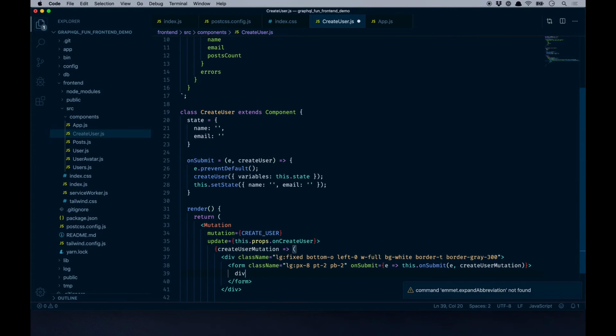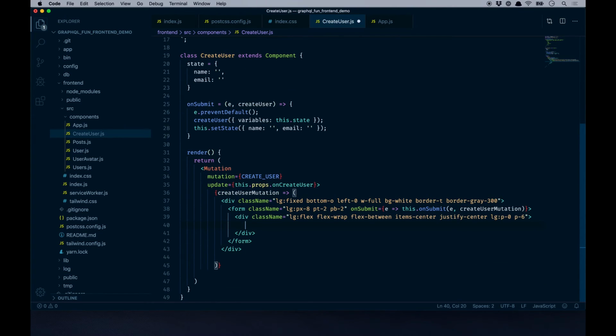So let's go ahead and say div className. Emmet is not a friend right now. Equals large flex wrap, flex between, items center, justify center, large p equals 0, but p on the bottom on smaller screens. This will be kind of just a flex container, so we can make all the fields